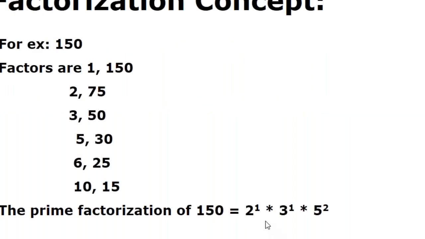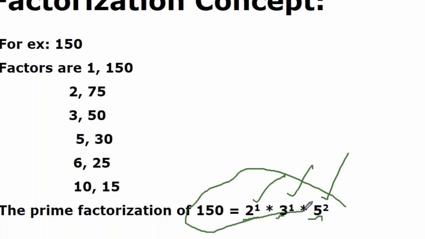Clear? So 150 can be written as 2 power 1, 3 power 1 and 5 power 2. It is of the form a power p, b power q, c power r, where a, b, c, that is 2, 3, 5, are the prime numbers, and 1, 2 are the powers of the prime numbers. Whenever a number can be written as a power p into b power q into c power r, the number of factors are,